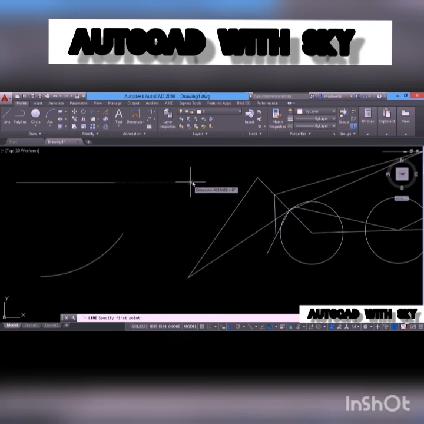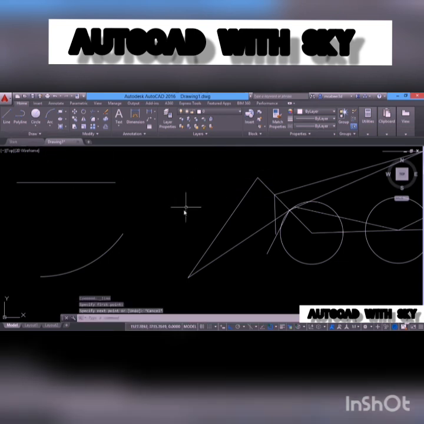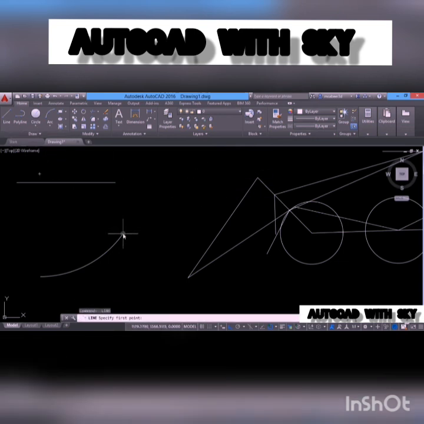And you can also try it on the arc. When you keep the cursor on this arc, when you move the cursor, you can see that you are moving along the extension of that arc. I'll keep the cursor over here. You should not pick, but instead just bring the cursor onto this endpoint and move the mouse. You will also get the point of intersection. This is actually the intersection of these two objects when produced. So that is the main advantage of using the extension snap.